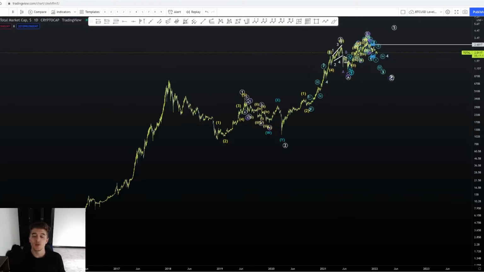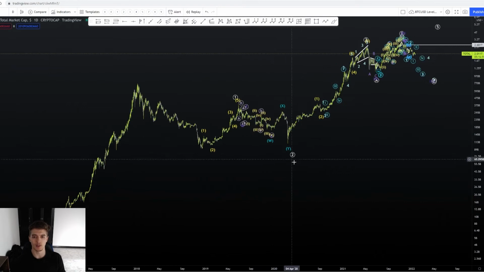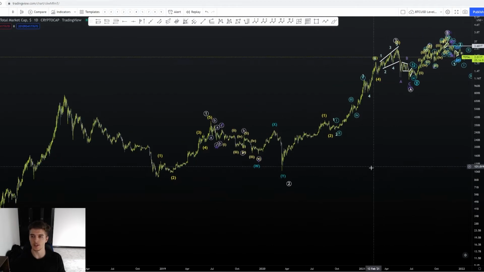I'm Ryan, and today we're going to be going over the Elliott wave count that I have for crypto market cap. I actually like to use this chart quite often, especially when I'm confused on what count Bitcoin is in. So let's go ahead, and it's pretty similar to Bitcoin. There are some subtle differences, but for the most part, it is pretty similar to the count that I have for Bitcoin. But without further ado, let's zoom in a little bit so I can give you guys an